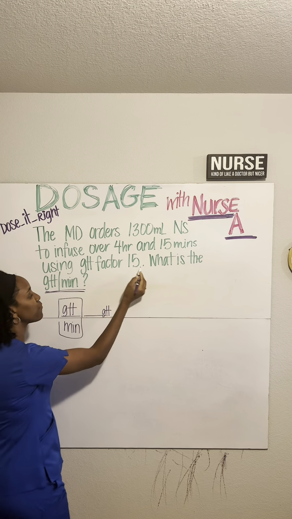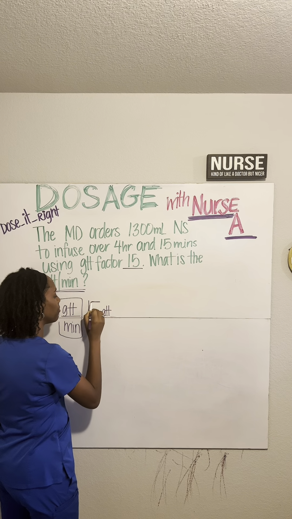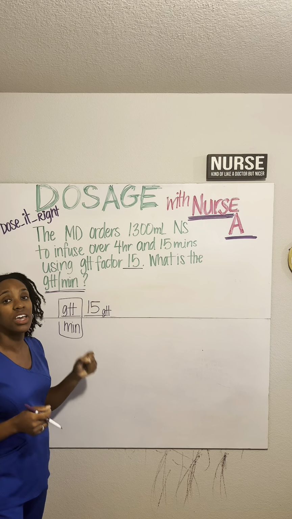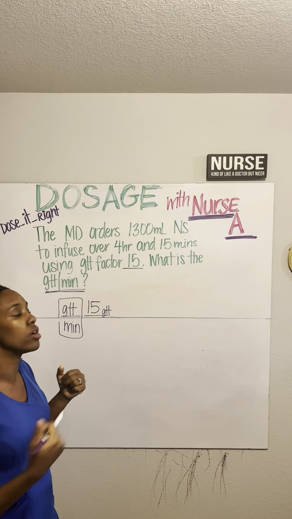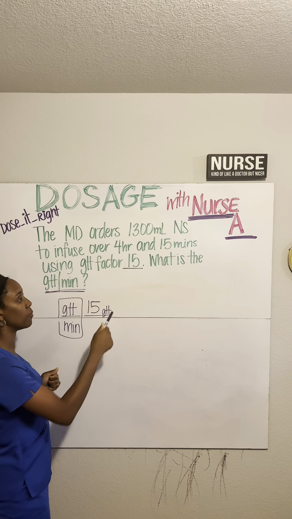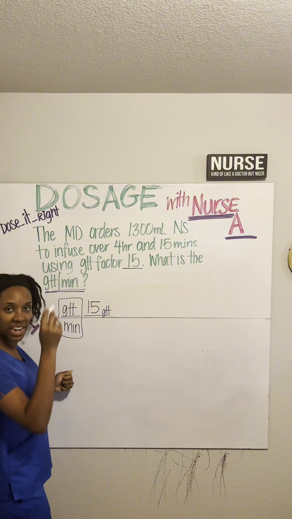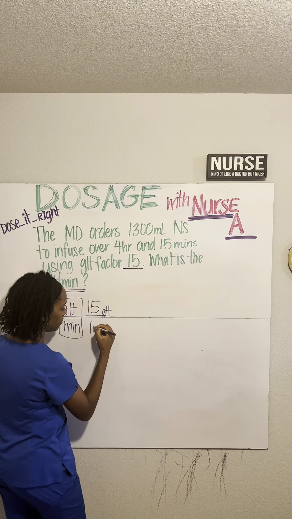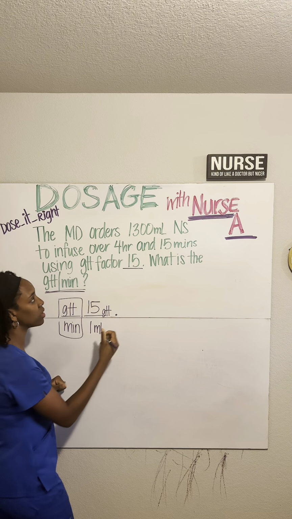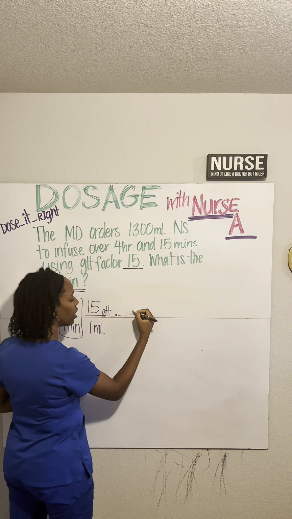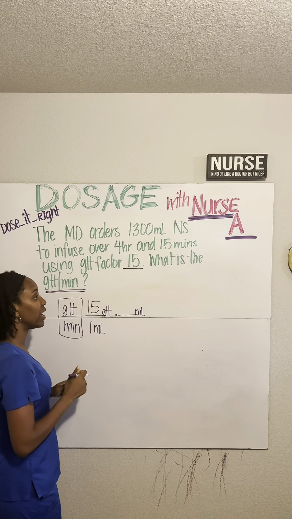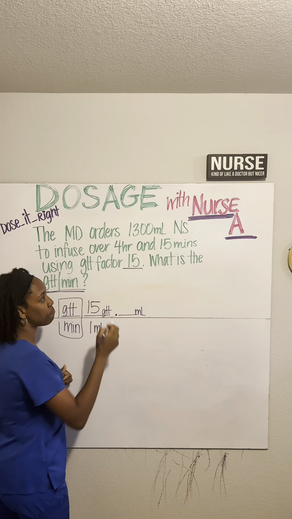And our GTT factor is 15, all right? Now, the fact that they said the GTT factor, it always goes over 1 mL, even though you don't see that it has 1 mL there. Now, because we have mL on the bottom, we need mLs on top. Reason being, we need to be able to cross out, using a dimensional analysis way. So that will be